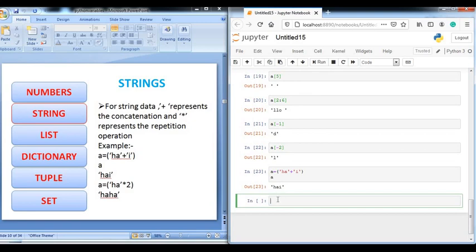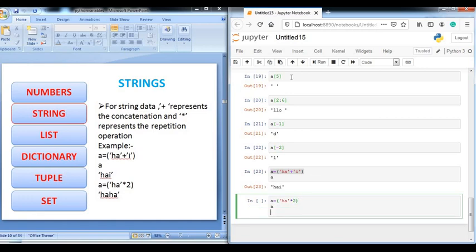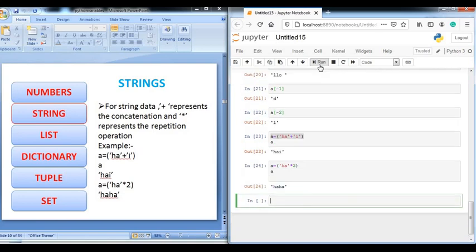Then if you want to use the star operator, see, simply write the number of occurrences of this variable, like I want 2 times. So print a, then run it. What happens? It prints HA 2 times, that is HAHA.